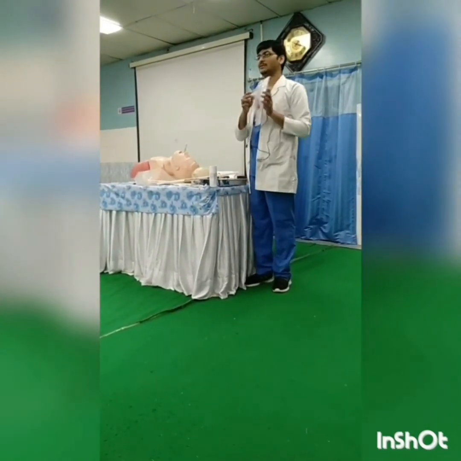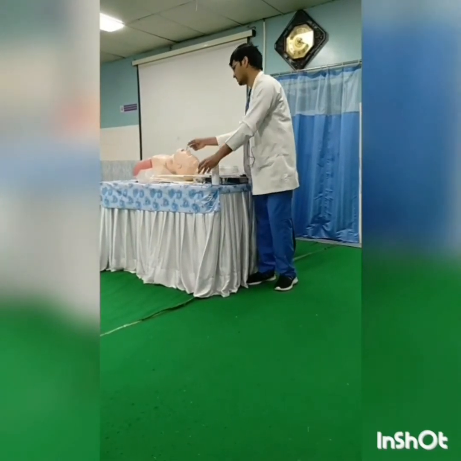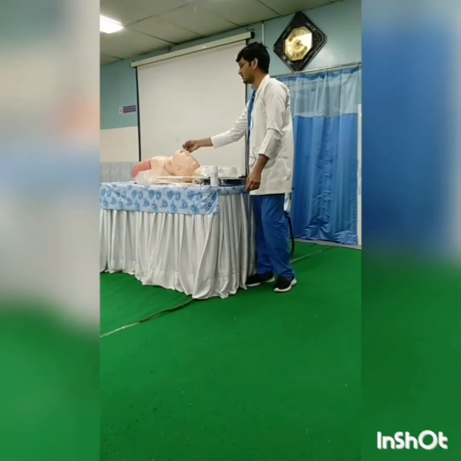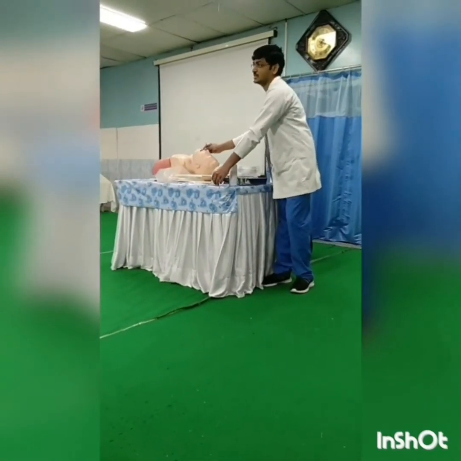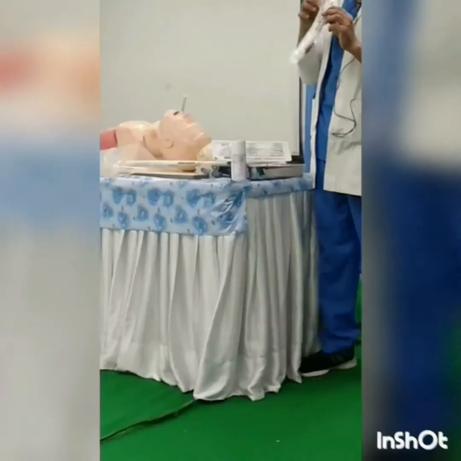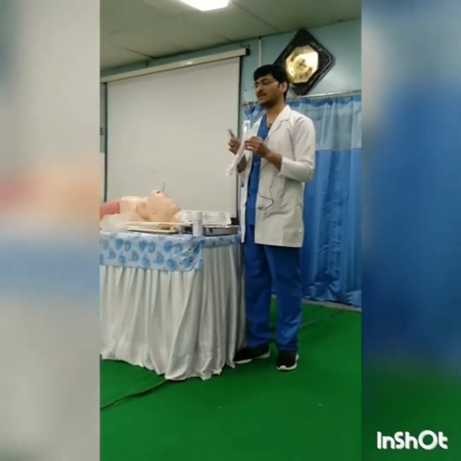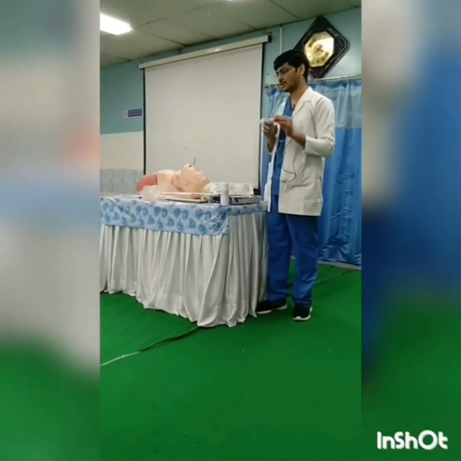Okay, and next this is LMA, laryngeal mask airway, and now this is the ET tube without subglottic suction. And we have 2 types of ET tubes again. This is the subglottic ET tube. I am not able to open this, but I will explain. Once you come here, I will explain practically what the difference is between the subglottic one and this one.